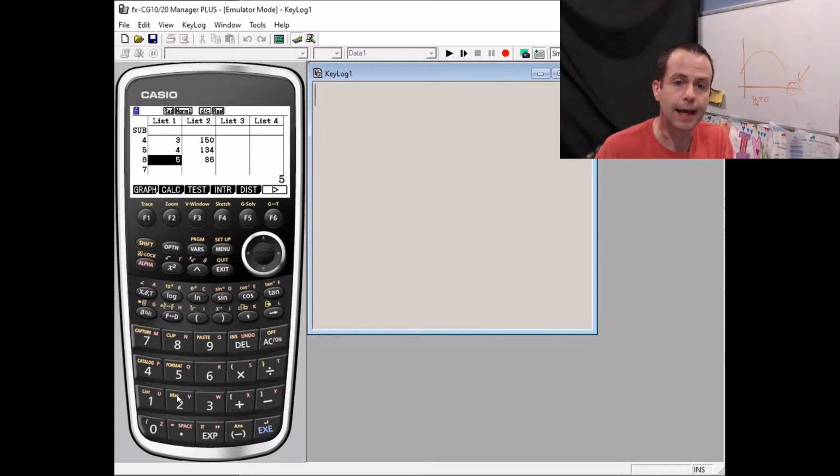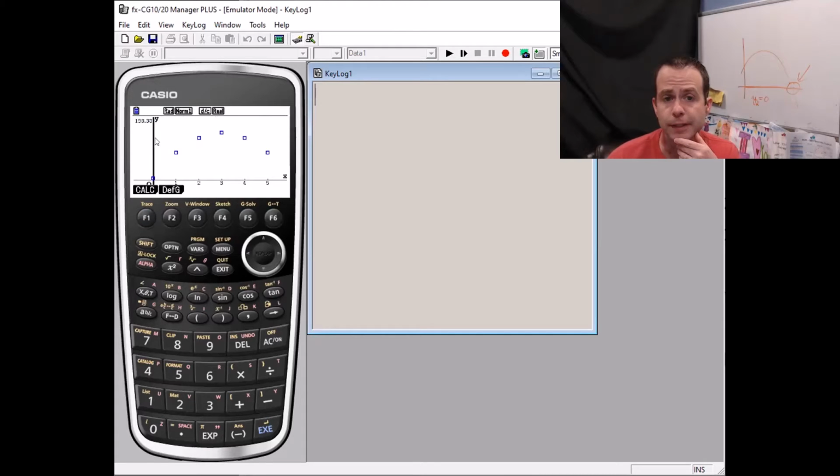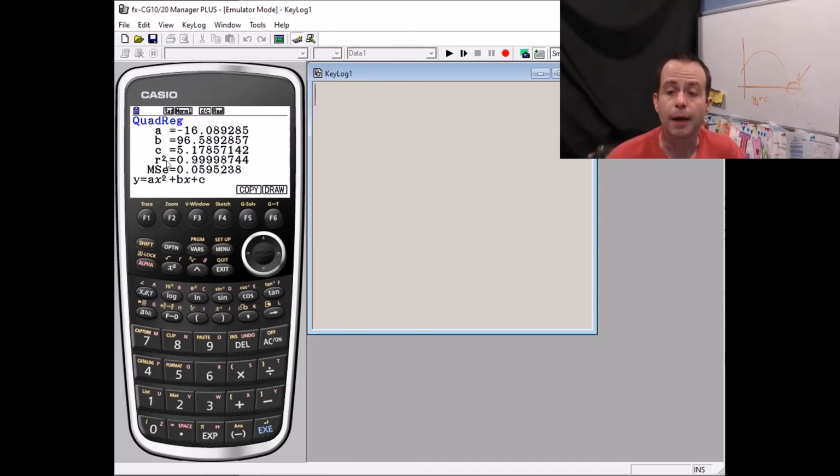Okay. Now, for Casio kids, I always would get you to graph it first because that's going to adjust your window settings for you automatically and it's going to be really nice. So I would graph. You see the picture. And then you're just going to calculate your regression, okay? So we would calc, and we want to do a quadratic, so F4, and there's our equation, okay? I'm going to stay with Casio kids for just another minute, since I have it right here. I want you to copy it, Casio kids, and hit enter, and that will put it in Y1 for you,